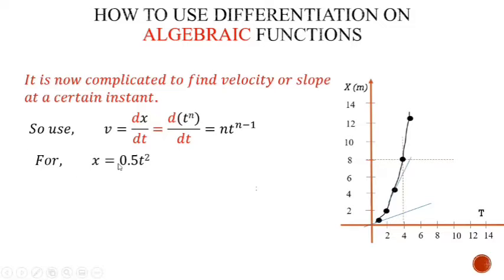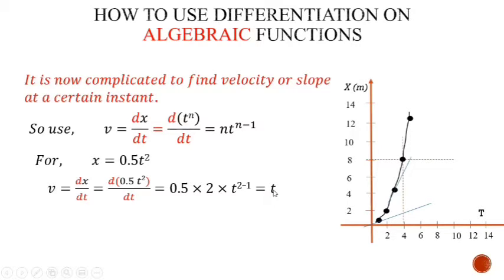For example, here you can see 0.5 t square is the displacement equation. To find out the derivative or differential for this equation, we can see that the power is multiplied and the power is reduced by 1. So the existing power is 2. So multiply by this power. So 2 multiplied by t raised to 2 minus 1 will be the differentiation. Here you can see 0.5 will be as it is, multiplied by 2, that is the existing power, and multiplied by t raised to 2 minus 1 because we need to reduce the power by 1. If you solve this, you will get 0.5 multiplied by 2 will be equal to 1 and t raised to 2 minus 1 will be equal to t.